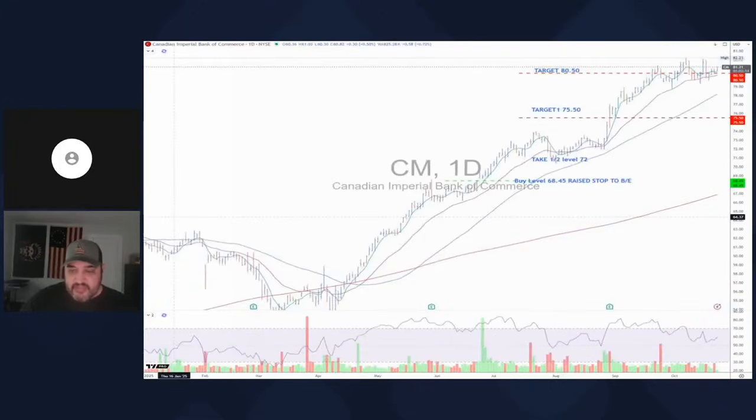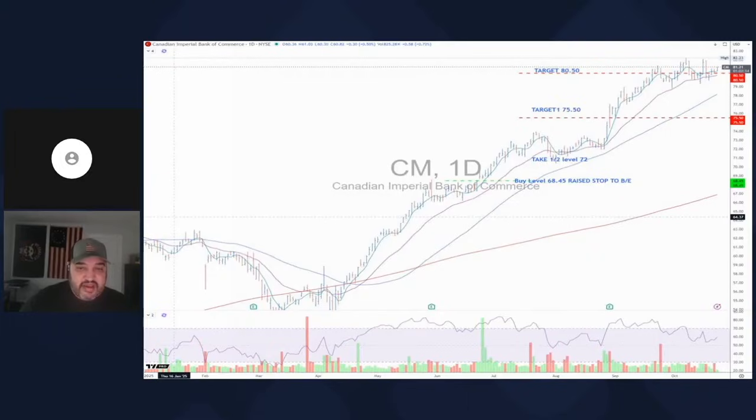Next, we have Canadian Imperial Bank. This was a gorgeous move. I really like the strength of the banks, specifically the Canadian banks in June and July. We saw a beautiful buy level through 68.45. And you can see the Canadian bank had been in an uptrend since April, and we were looking for that reaccumulative thrust higher through